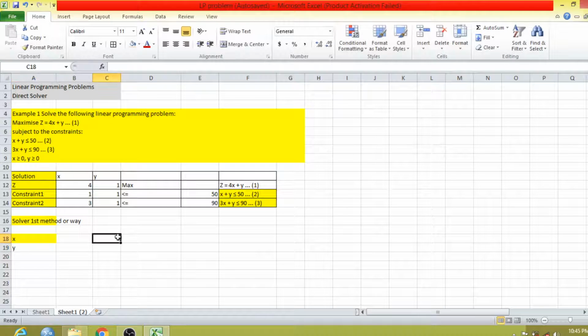These are our decision variables. Now our objective function is z, that we want to maximize. Then we have constraint 1 and 2.